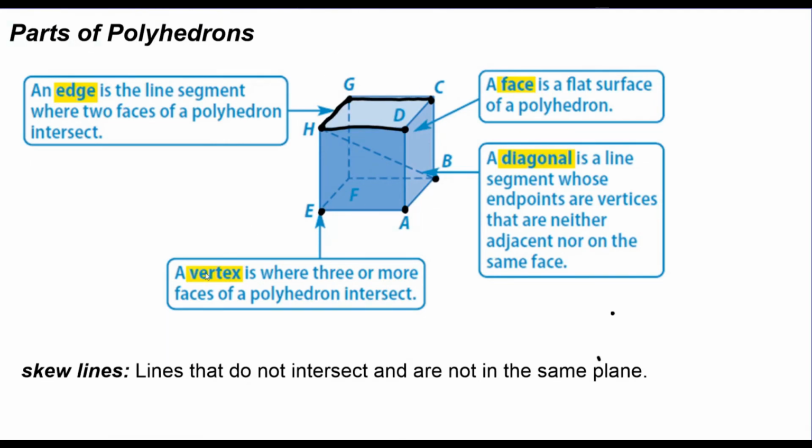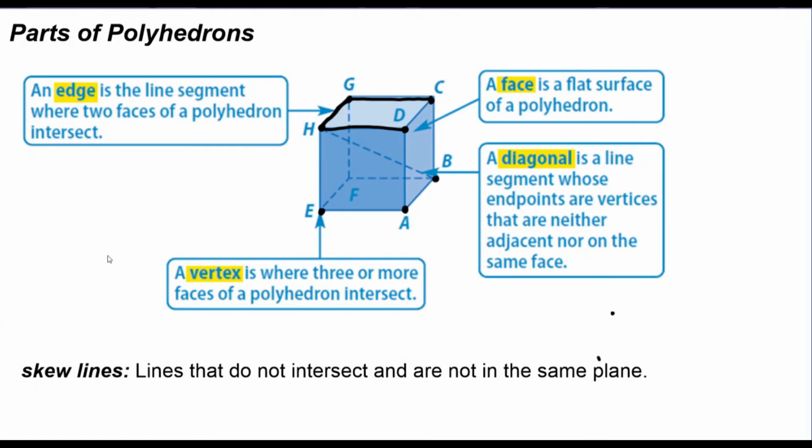And then skew lines are lines that do not intersect and are not in the same plane. If you think of parallel lines, those are lines that don't intersect, but they're in the same plane. They're on the same flat surface. So if you draw two lines that don't intersect on your paper, those are parallel. Those are not skew. Now, if you take one of those lines and tilt it up into space, then they would still not intersect, but they would not be in the same plane anymore,